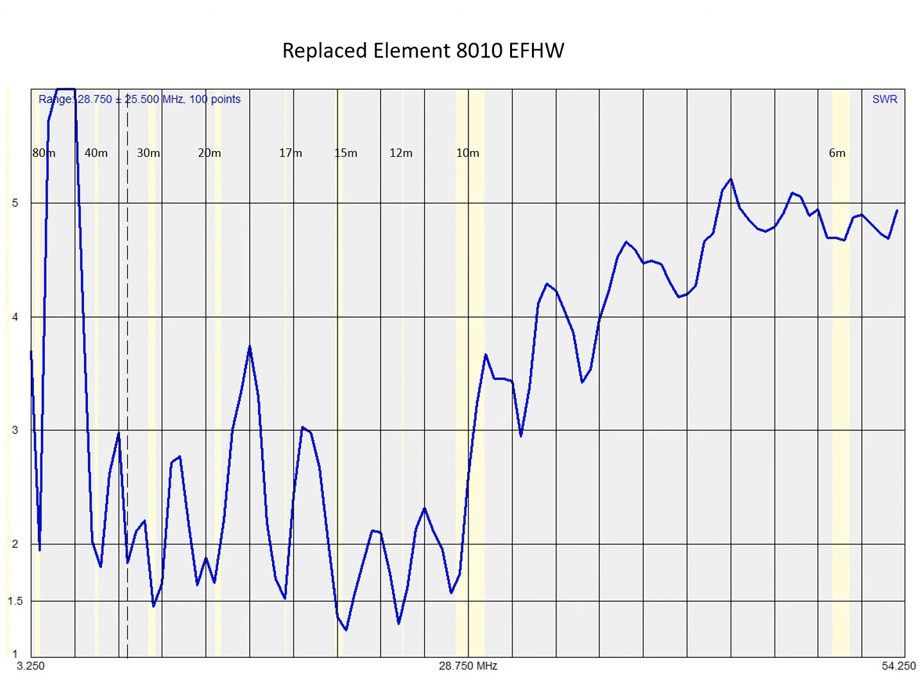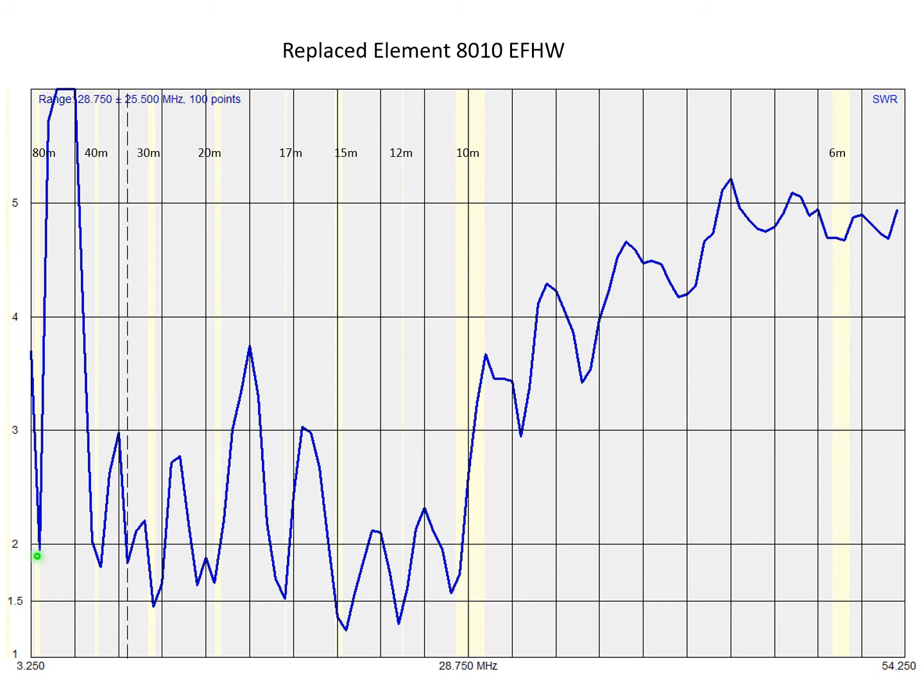And this is an example of the full graph you can get from the software after you download the data into the computer. What I have here is the 80-10 inverted-V half wave from my antenna. This is the same antenna that we have at the clubhouse. And what happened was the element broke. I'd had it up in the air for a couple of years. The element broke, and I replaced the element with a heavier gauge element. And after I got it installed, I ran the full scan